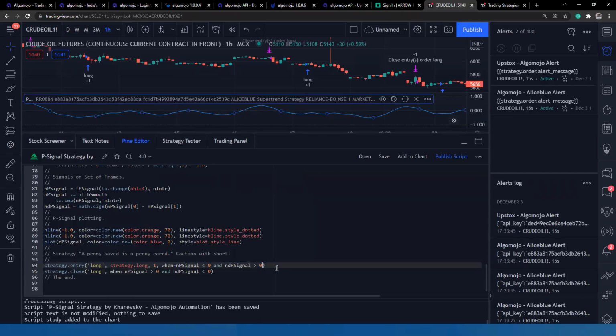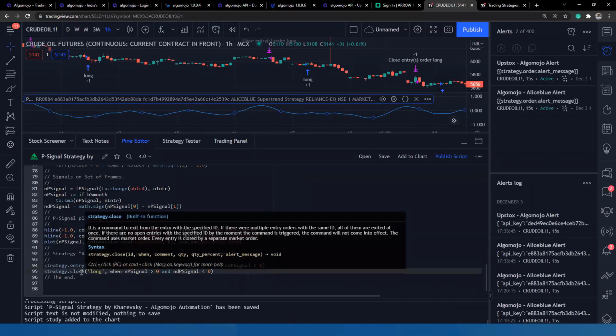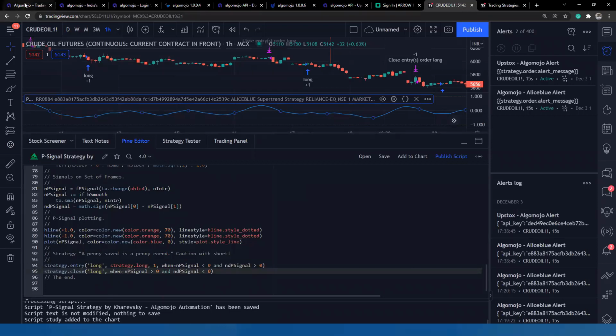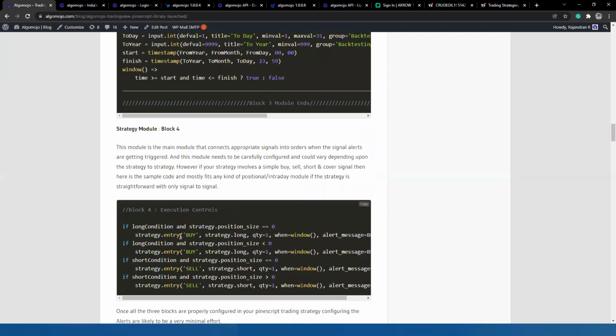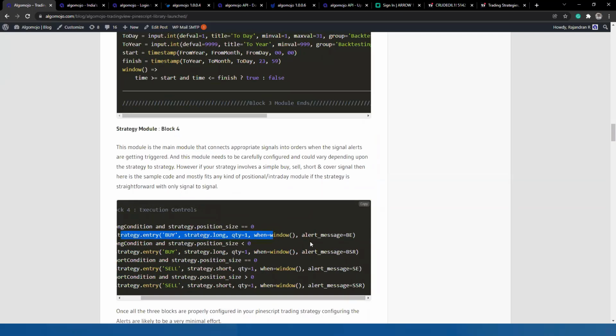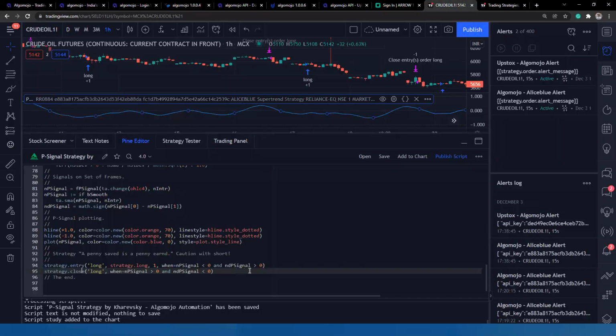It is very simple to do. In this case, it is very simple because there is only one entry, one close always. It is not a complicated one. So since it is not a complicated one, what one has to do here is at the strategy condition, we have to add one more line, alert message equal to buy entry, right? Because this strategy is very simple here, so adding also is going to be very simple. Strategy entry always enters the entry order. Strategy close always exits the orders.